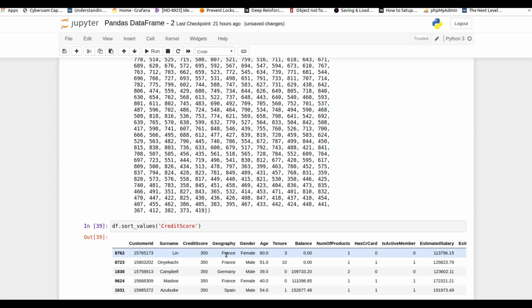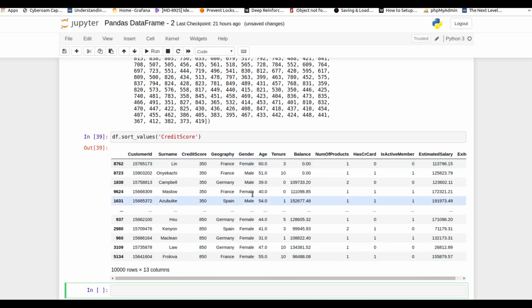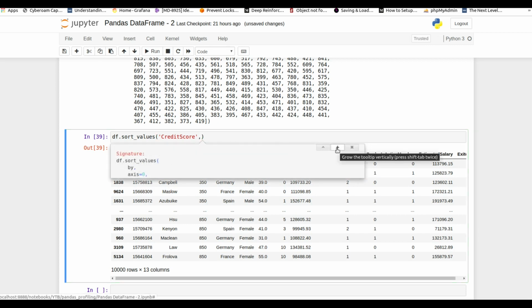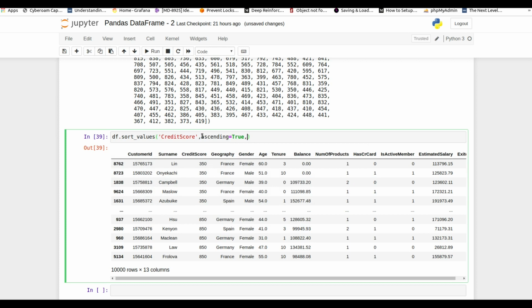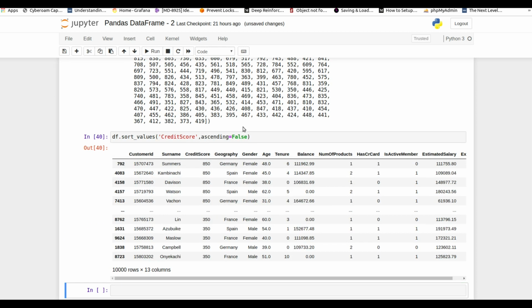So it's sorted in ascending order, and the minimum value is 350. In this way you can sort the values. Suppose you want to sort the values in descending order, we have a parameter here, ascending, which is True by default. If I make it False, it will convert into descending order. Yes, it's converted into descending order now.